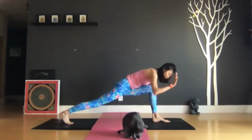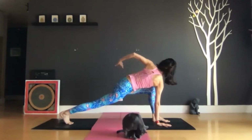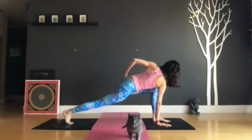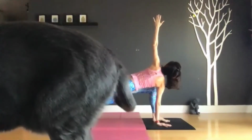And now put your right palm on the floor. Now just turn your belly, chest, shoulder to the left. You can keep your left hand on the left hip. And if that's enough for you, stay here. If you want a deeper twist, you can extend your left arm and the left fingertips to the ceiling. And just inhale here, exhale,